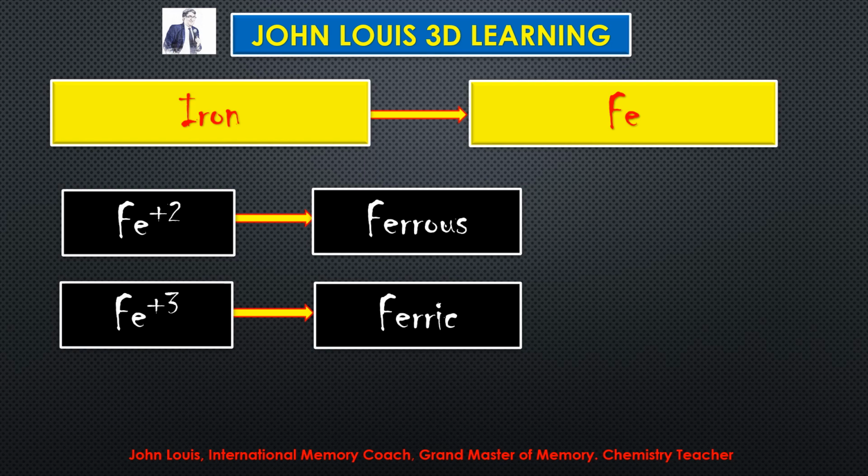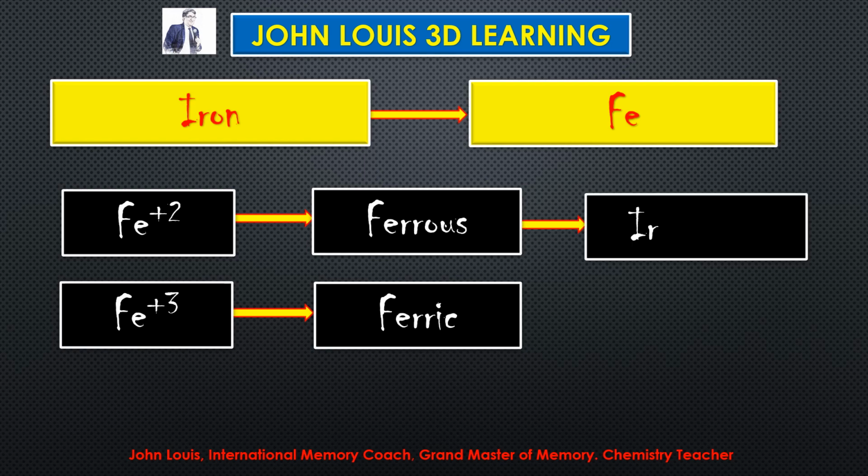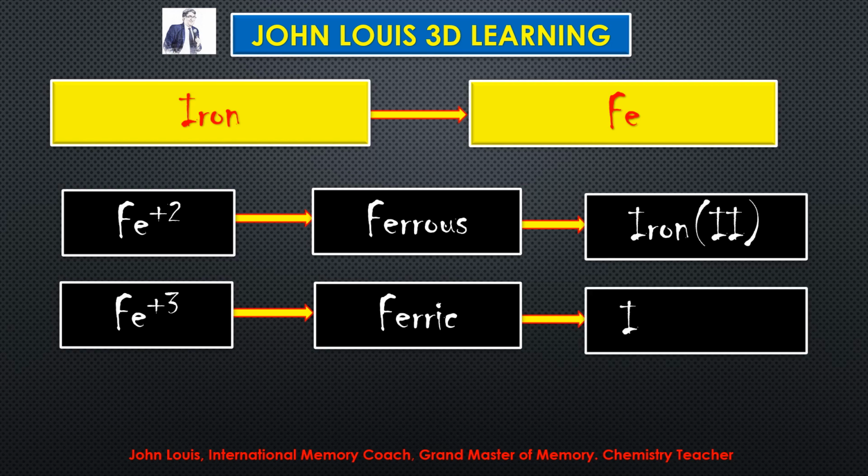So here you have to notice it very carefully. See, iron's lower valency or lower charge is plus 2, whereas for copper and mercury, the higher charge is plus 2. Okay, so that is why when iron charge is plus 2, it is known as ferrous, and if the charge is plus 3, that is a higher charge, therefore it is ferric. So in modern system, ferrous is denoted as iron 2, ferric is denoted as iron 3. So very simple. Modern system is very simple because the valency is given in Roman letter.